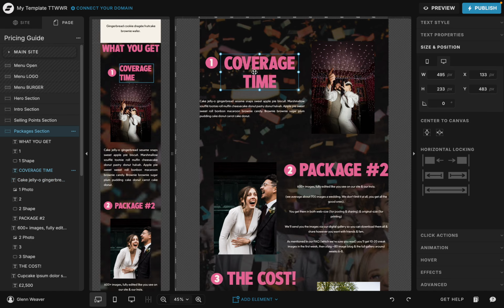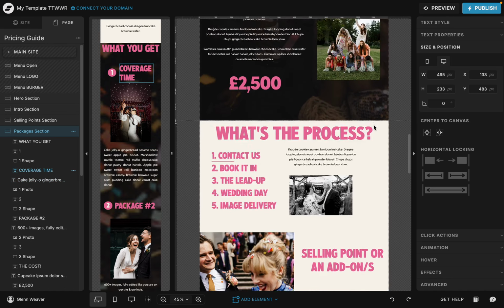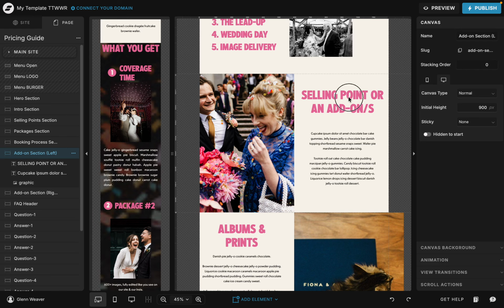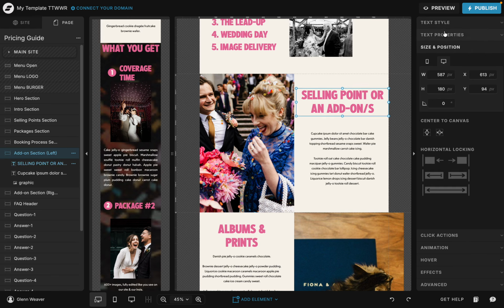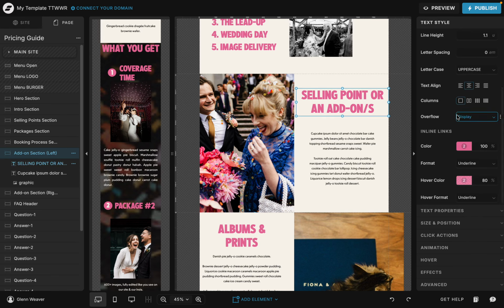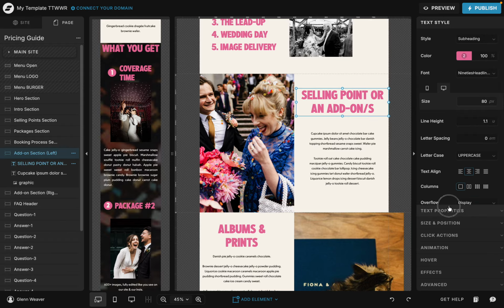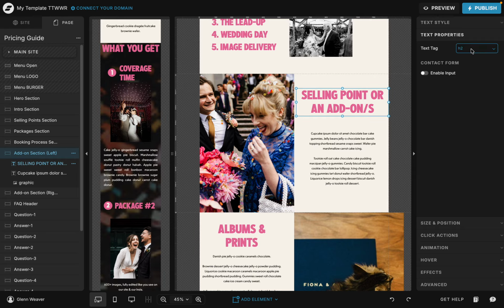Okay, so some other options we've got, let's go down a bit further. Other options we've got for over in the text. So we've gone through all the styles in the previous video. Text properties. So this is a pretty big one for SEO. So your text tag, this is where you can choose between H1, H2, H3, nav, which is for buttons, P, which is for paragraph text,